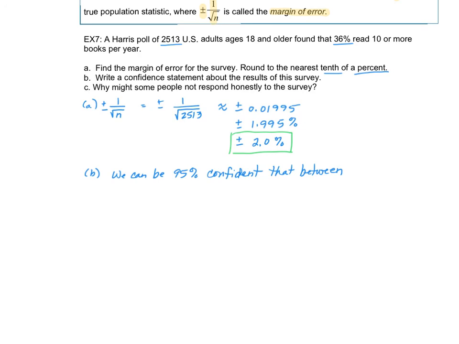So when we add the 2%, we're at 38%. And when we subtract the margin of error, the 2% from 36, we're at 34. So that means we can be 95% confident that between 34%, so that would be if I subtract my margin of error from my result,